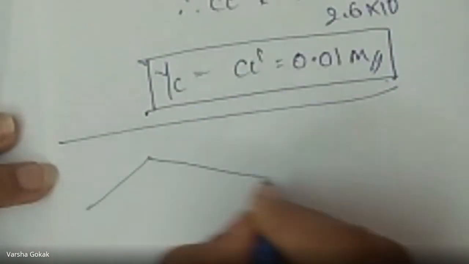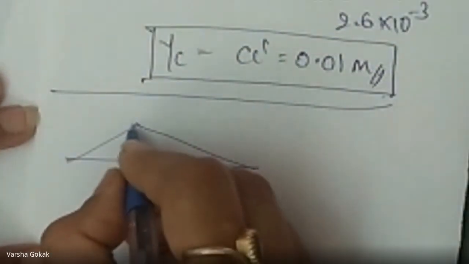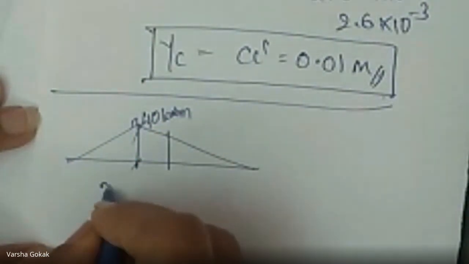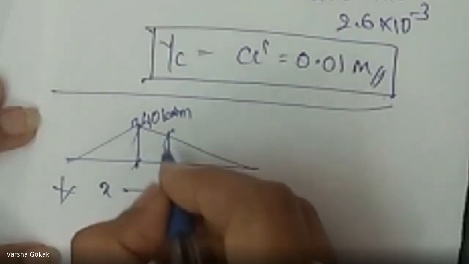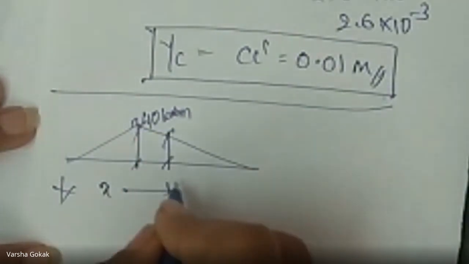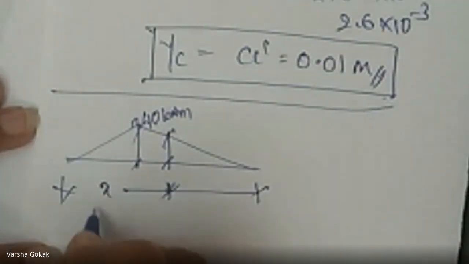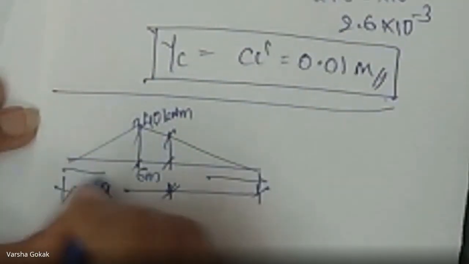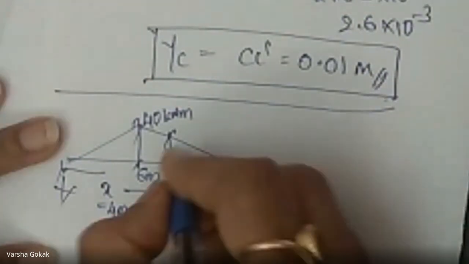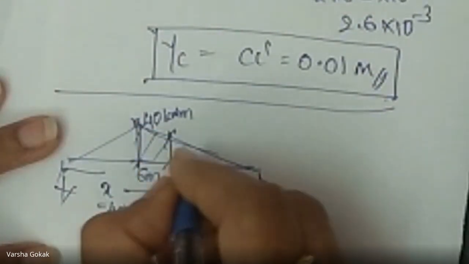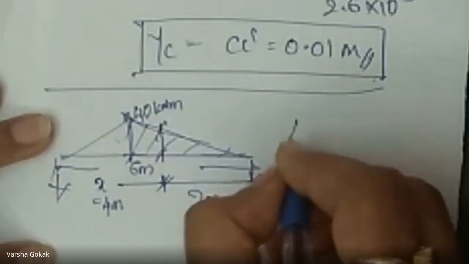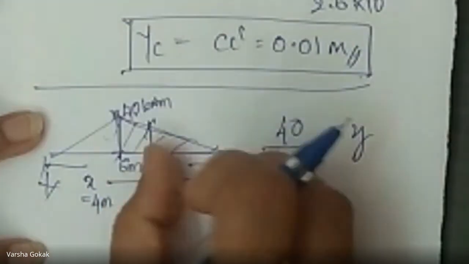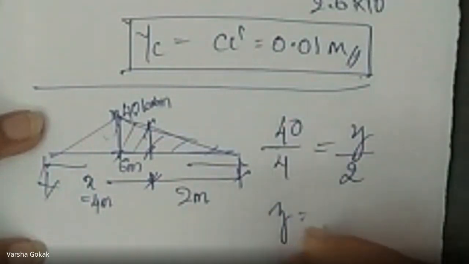So this is your bending moment diagram, right? This value we know, this is 40 kilonewton meter. If I give you a distance x, I need to first find this ordinate. To find this ordinate, I will be knowing this remaining distance also, because in this case it is 4, and our total beam is 6 meters. 6 minus 4 is 2. So use this side of the triangle and we know this value. 40 divided by 4 will be equal to y divided by 2. Get the value of y first.